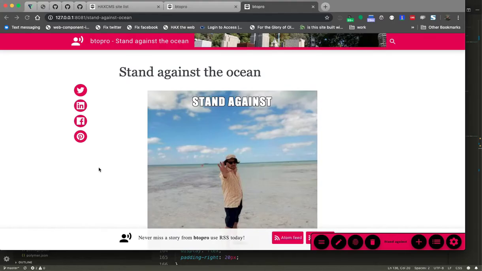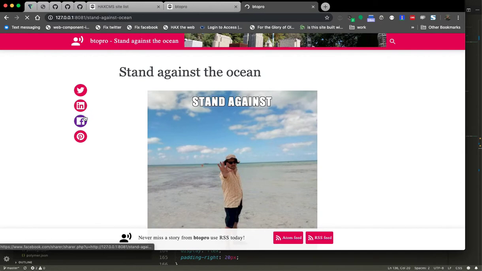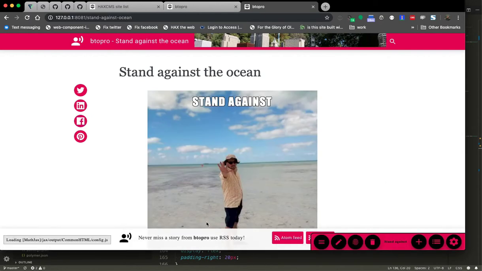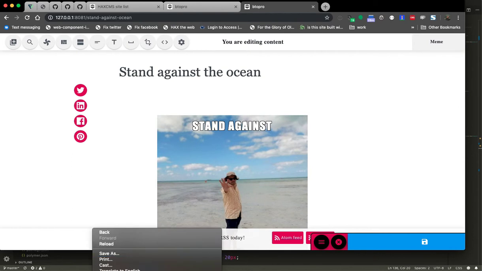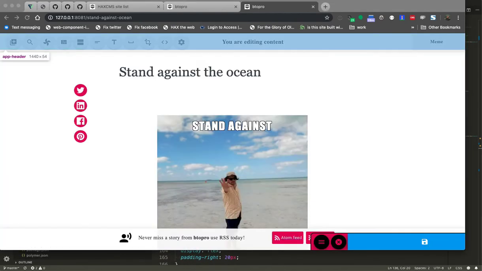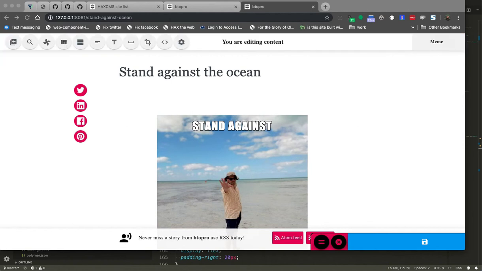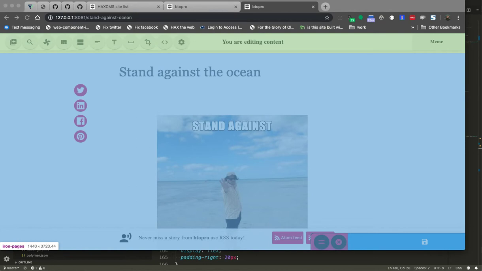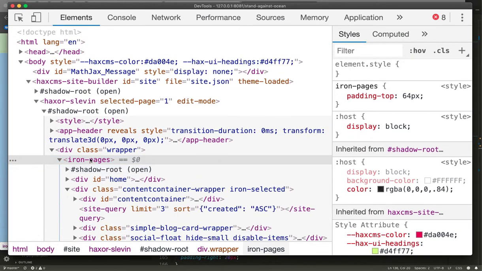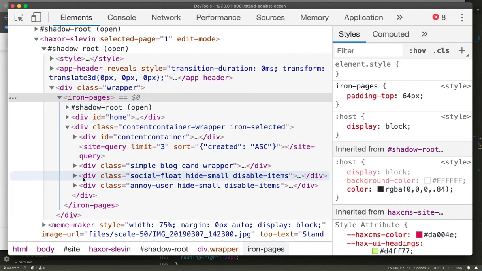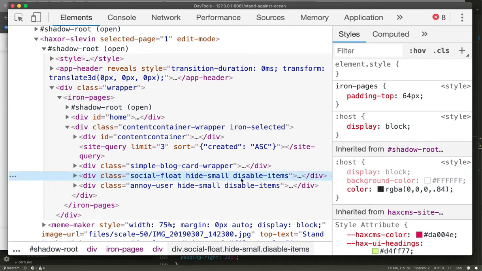So let's see if this works. Go to our blog post, close, hit edit. Okay, it appears to have not done anything. Let's see if it's applying our classes. Get this up in another window here, sorry. And then scroll down, we got, so it is doing it right. So it is social float, hide small, disable items. And if I select disable items,